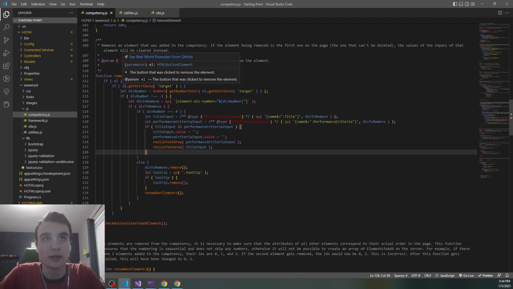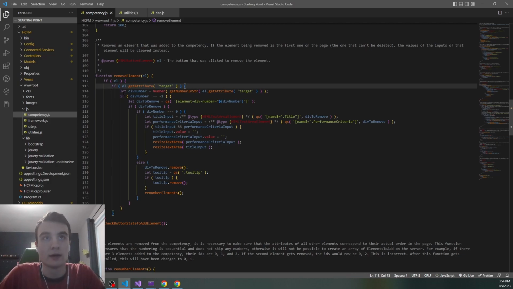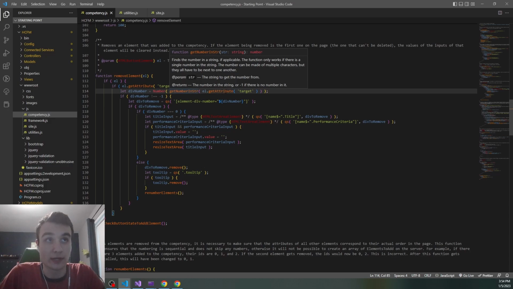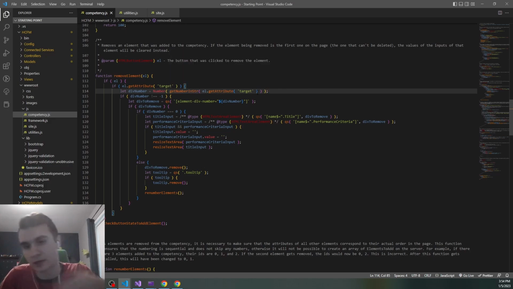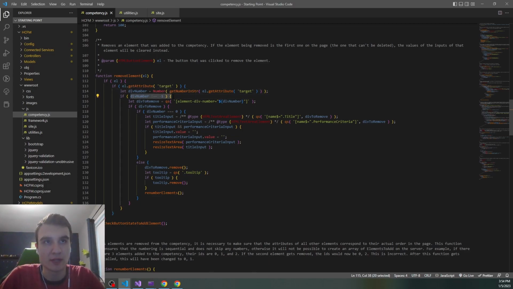So if our button has the attribute of target, then we get the number in the string from the target. So once again, we're reusing our methods, our functions. If the div number is not equal to -1, that means that there was a number in the target. Then we find the div to remove, and to find that we make a query selector